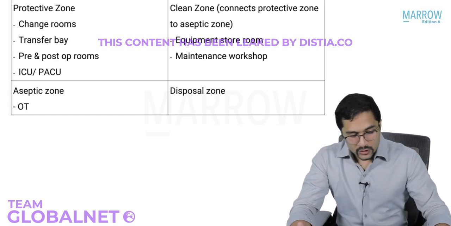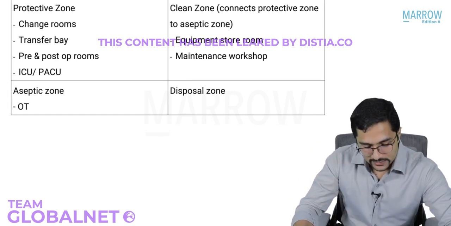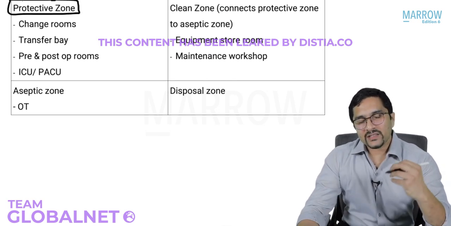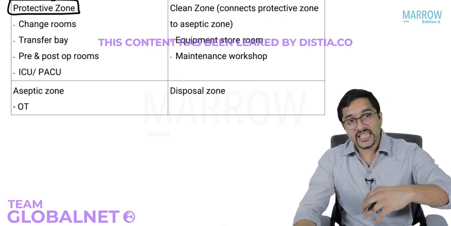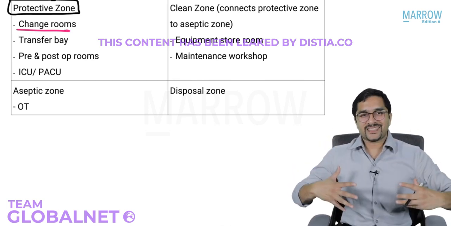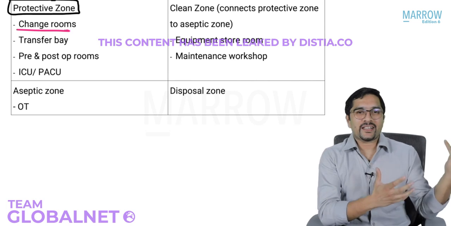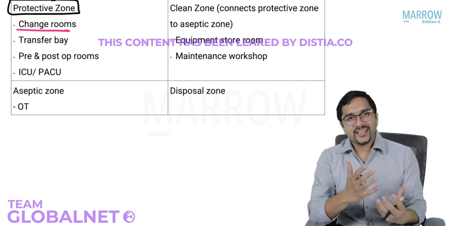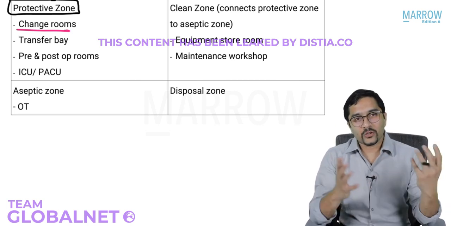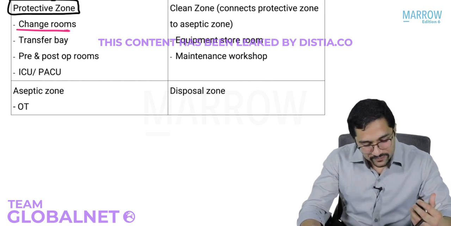So you need to know about the zones of the theatre, right? Now, when you enter the theatre complex, first you will go into the protective zone, and that is where you're going to change your clothes. So the changing zone will be there. You will change your clothes, you will wear scrubs, right? And scrubs have become so popular after so many of these American soap dramas regarding doctors, Grey's Anatomy, Scrubs, The Good Doctor. So you will wear your scrubs once you go into the changing room.